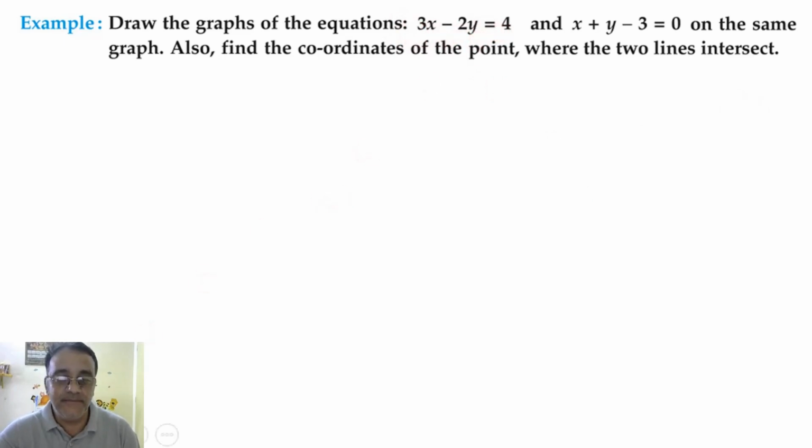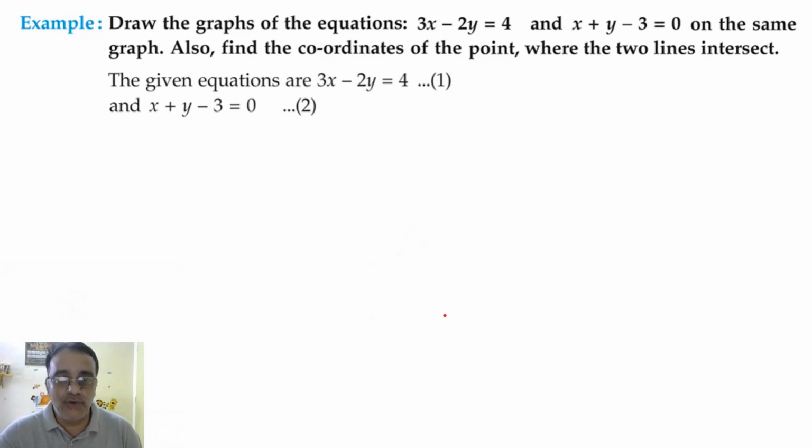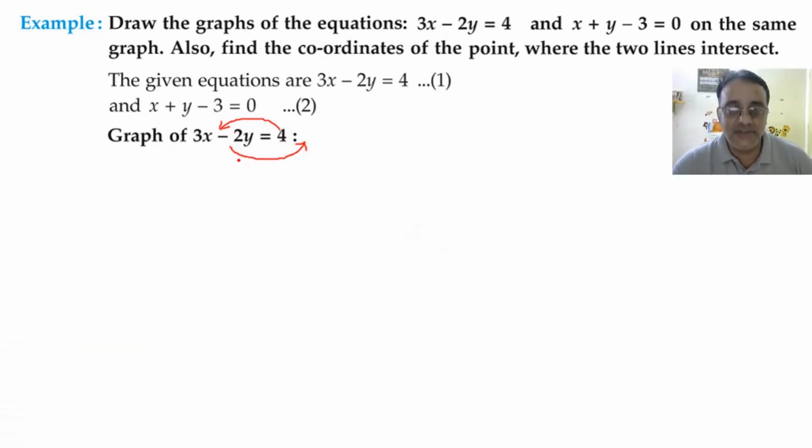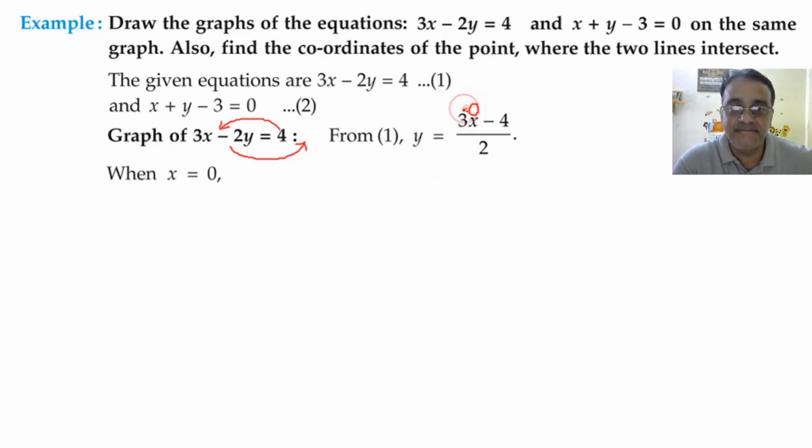3x minus 2y is equal to 4. So ध्यान से देखो, 4 को यहाँ शिफ्ट करेंगे, -4 हो जाएगा, और -2y को यहाँ शिफ्ट करेंगे तो 2y हो जाएगा. So what is y? So y is equal to क्या मिलेगा यहाँ पर? y is equal to (3x minus 4) by 2. Right. Now we'll take three values. First we'll take 0. 0 substitute कर रहे हैं यहाँ पर, तो 3 into 0 कितना हो जाएगा? 0. 0 minus 4 by 2.